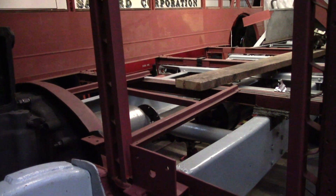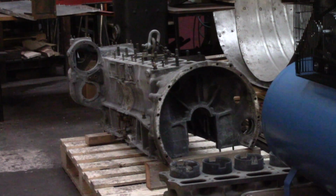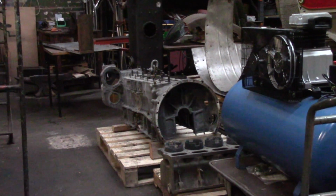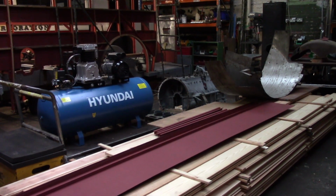This is the near side front of the bus body, and I believe that is the engine that's going to go in, well, the crankcase. All the parts have been cleaned, and it'll be rebuilt and then introduced into the bus chassis. And here,